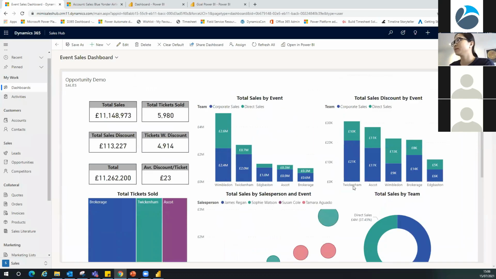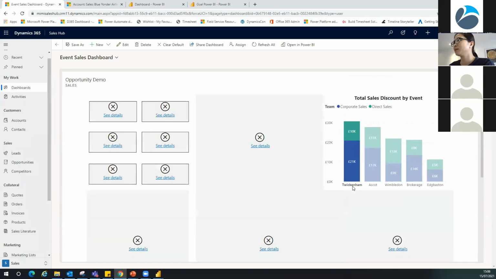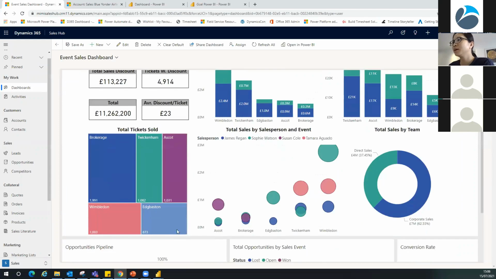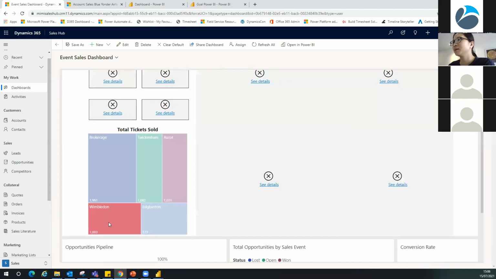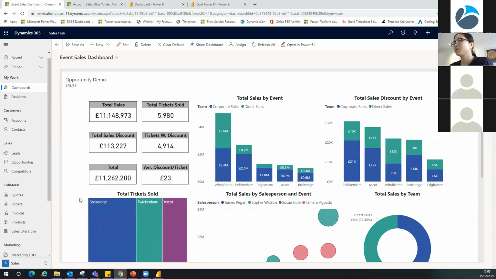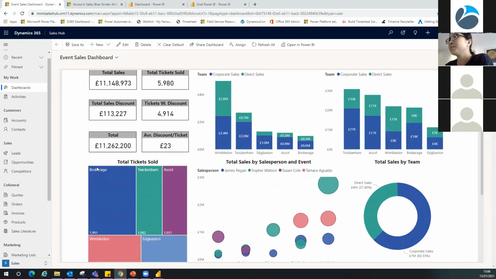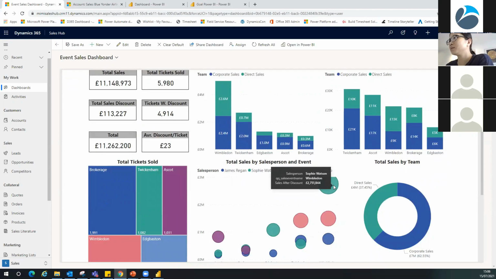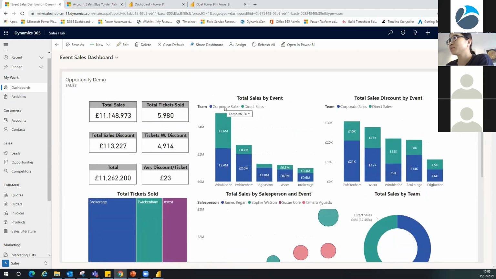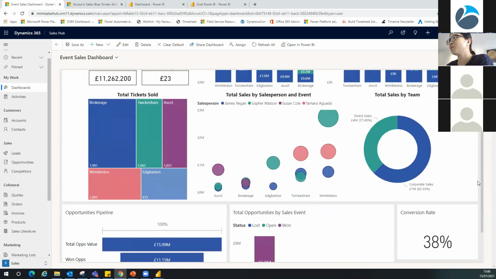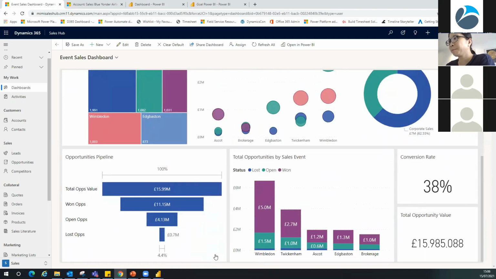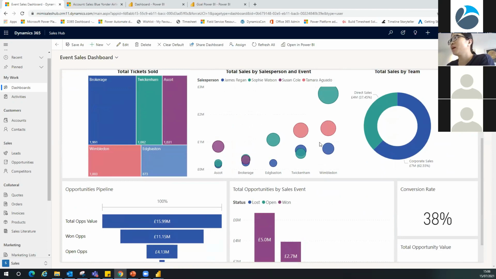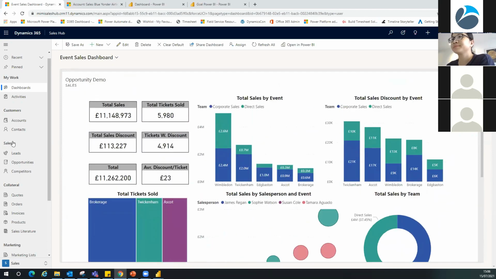Oops, sorry. Oh my God, what is going on? I think something was wrong. I made some changes to the report, but you are able to filter it down as well. Oh my God, something is wrong. I need to have a look at this report later. But you are able to pin, and you are able to interact with it as well.